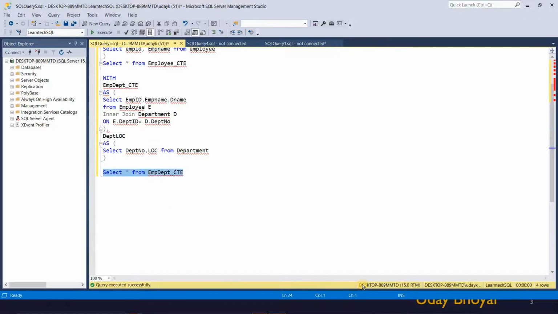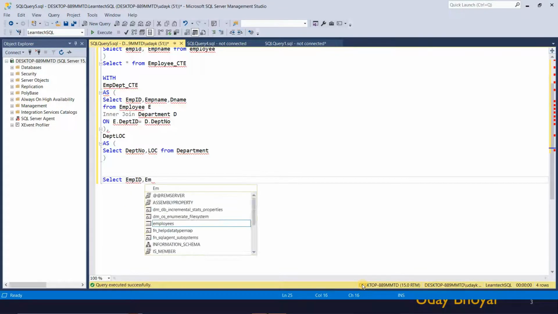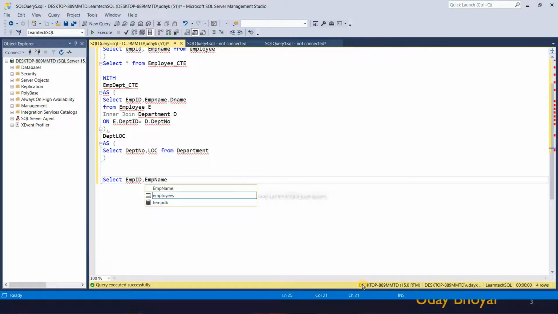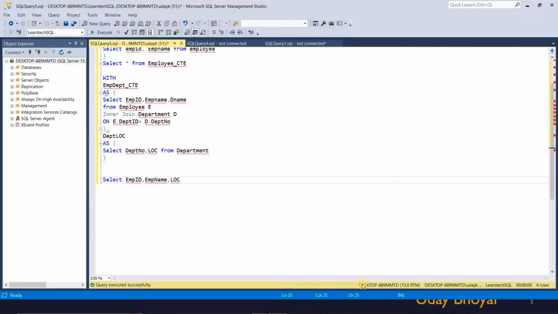Now here I just wanted to fetch: select employee ID, comma, employee name, and I just wanted to find the location. I don't want to display the department name in this result set. From I will give CTE1, the one that I have just created. I'll just give an alias to this,